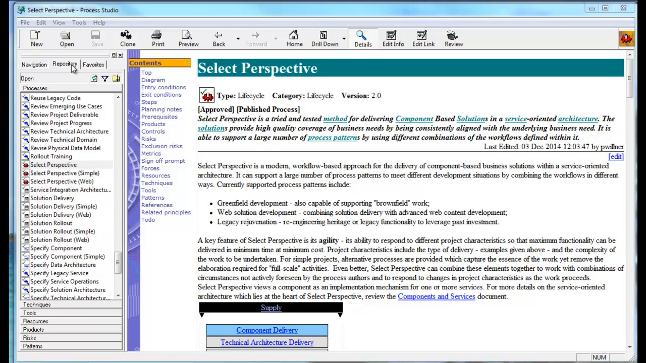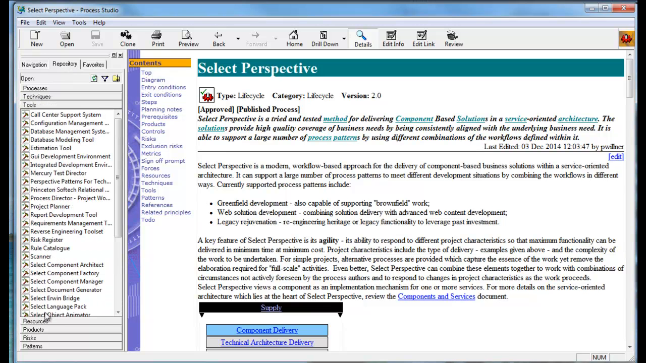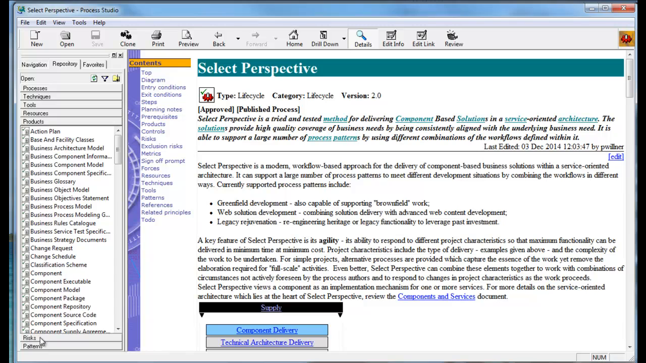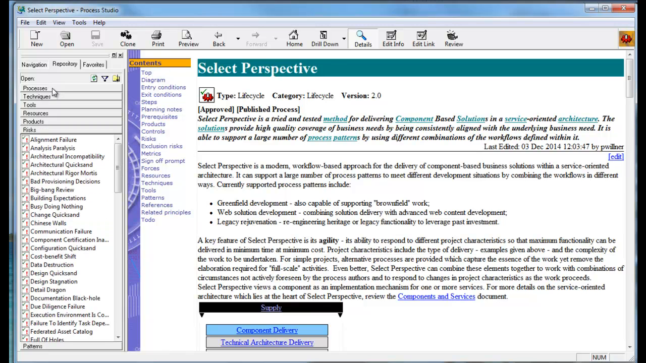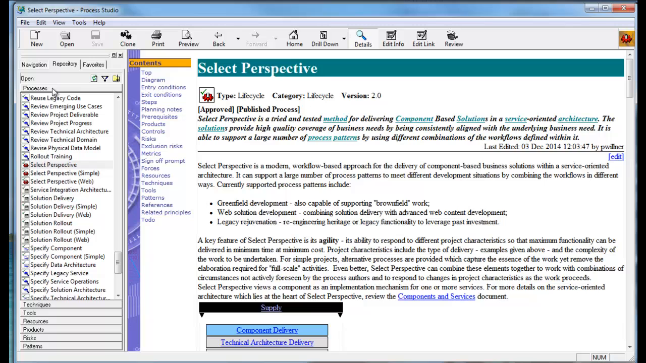Notice that the Repository tab is selected, showing all the processes, techniques, tools, resources, products, risks, and patterns that have already been defined and preloaded should you choose to use them. The processes with the gear icon are life cycles, often the starting point of a project. For instance, this is the Select Perspective life cycle. It is documented with useful information for helping you decide whether this is the appropriate life cycle to use for